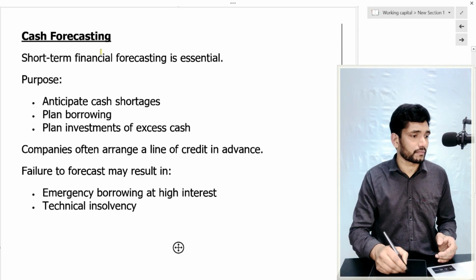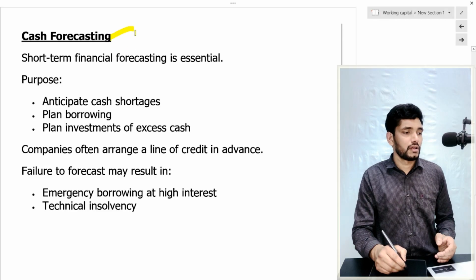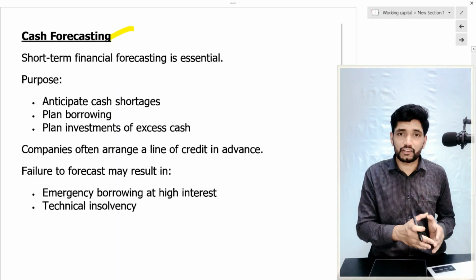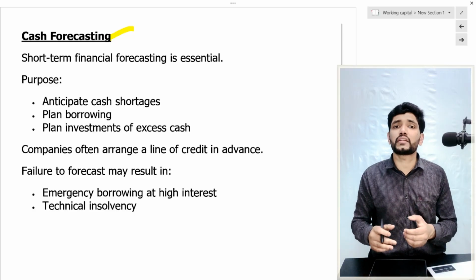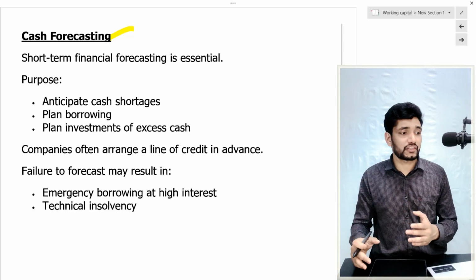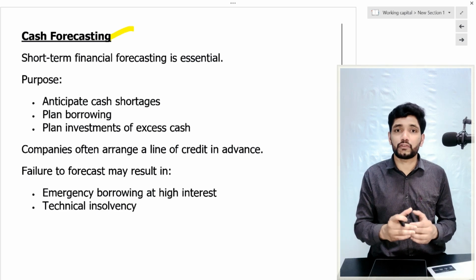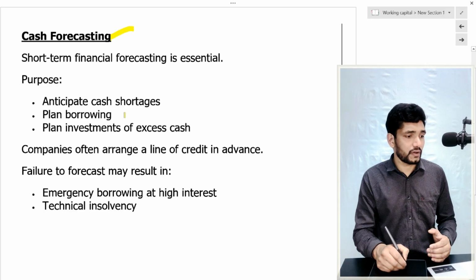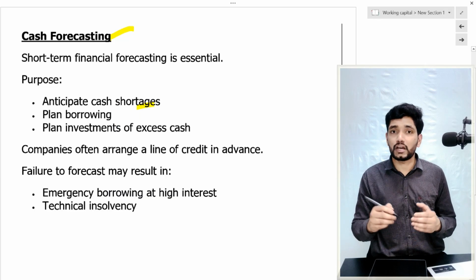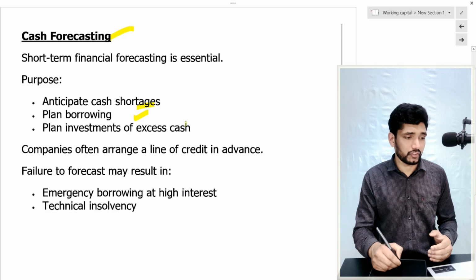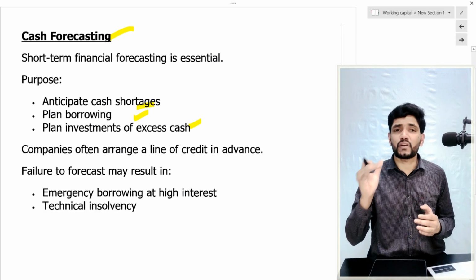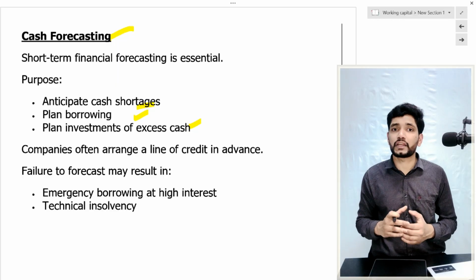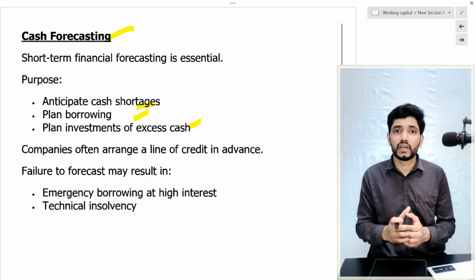Then the cash forecasting. Cash forecasting is a method to budget or forecast the expected cash inflow and cash outflow of a business, to manage the cash requirement and to see the cash inflow of the business. So the key purpose of cash forecasting is to anticipate the shortage and to plan the borrowing, and to plan the excess investments. So the key objective is to anticipate the cash position by putting all these expected cash inflows and cash outflows in a single form, so that they